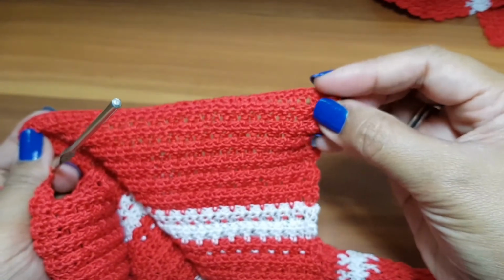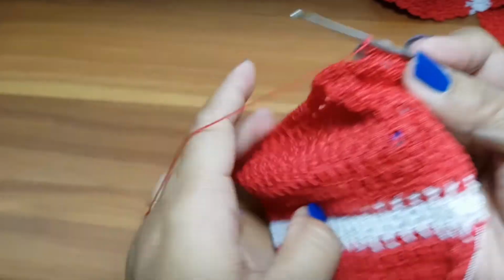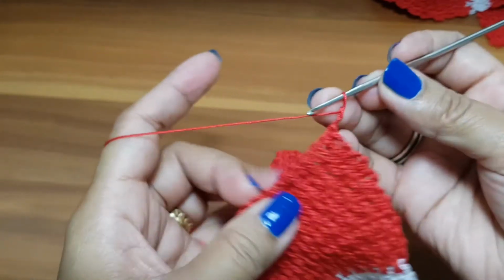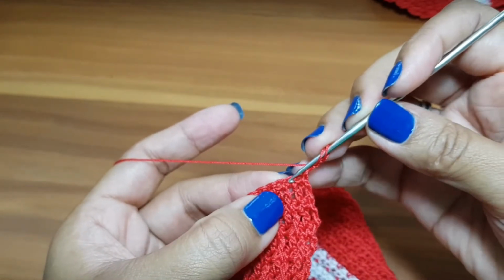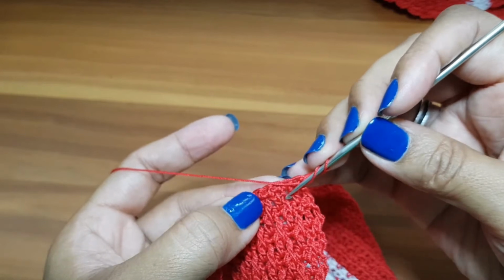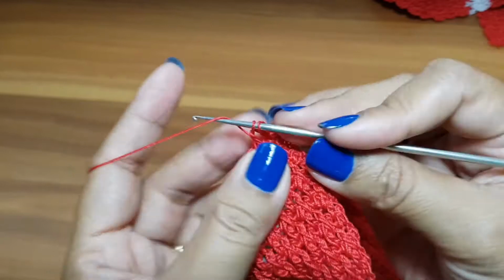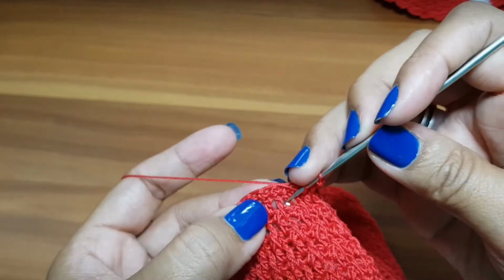So you have decrease on the beginning, and then you have decreasing at the end, and then you move to the row 58 where you will do the normal front post double crochet and then double crochet. Like I showed you earlier, you will not do any stitches here, and when you are moving here, this means you're skipping this part. So this one where you see the front post double crochet, next to it you will do the normal double crochet, and then you start doing the front post double crochet, and then continue alternating until the end of the row. Okay,